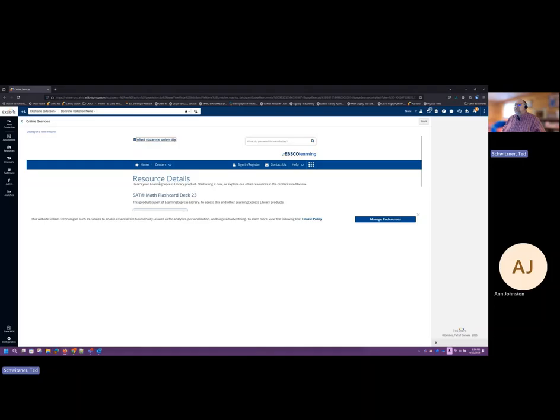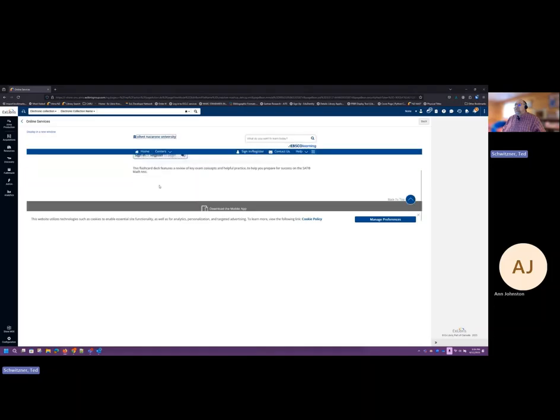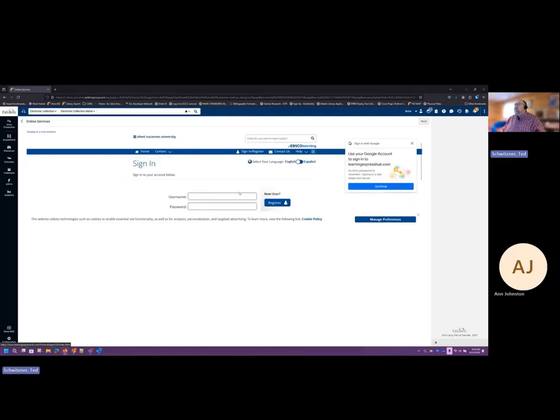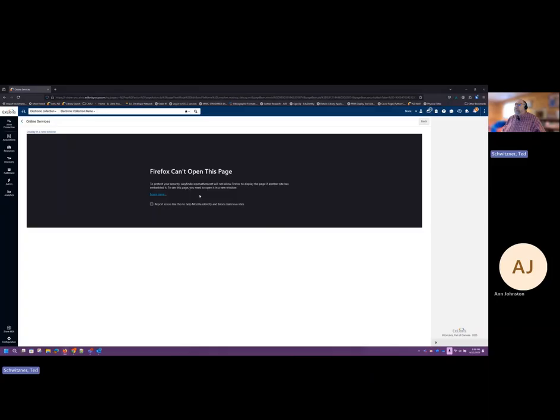Olivet Nazarene, resource details, and now here's a screen where you would have to sign in, and I can't sign in. I mean, it's telling me I actually could, but if I access through my institution, which is you, this is bumping me here, but this is something you would have to do on your end